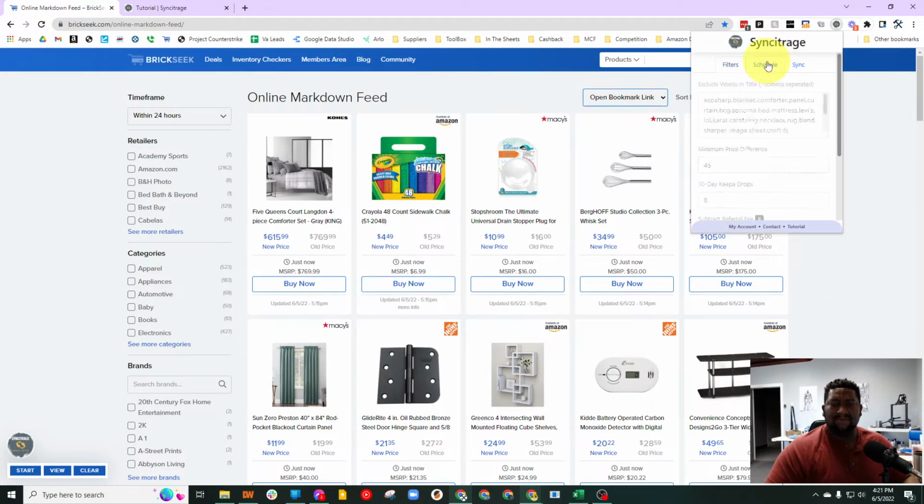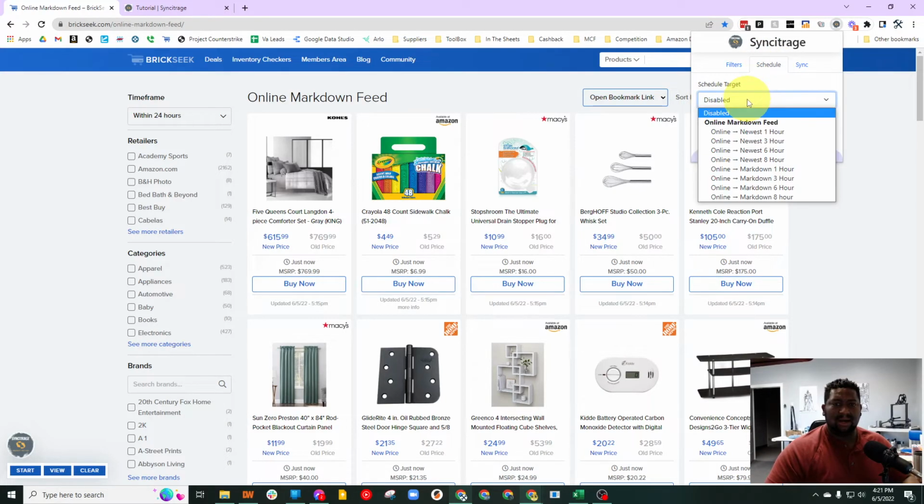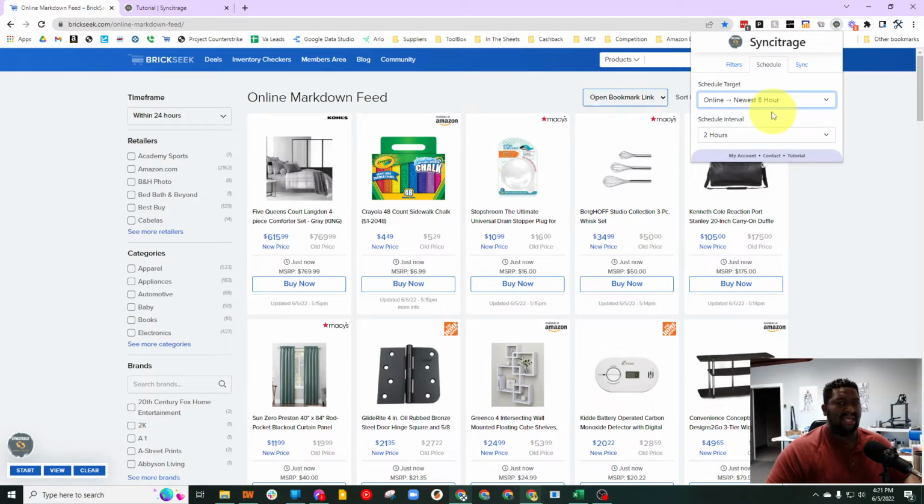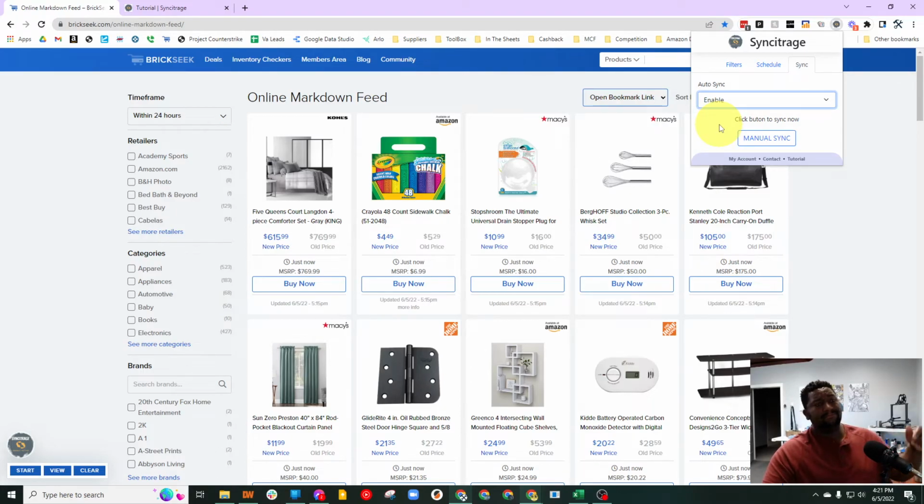And then up here for the Pro feature, if you have Pro, this is where you set up your automated searches. So typically, let's just say it's the end of the day, it's 4 o'clock, and when I come in tomorrow morning, I want to have fresh leads to look at. So I'll say, show me the newest leads from the past 8 hours, and then run that search every 8 hours or something like that. And then I'll set sync to be automatic, and then it'll pick that up, and then I can go on my back end, look at all of those search results overnight, and look at that stuff first.